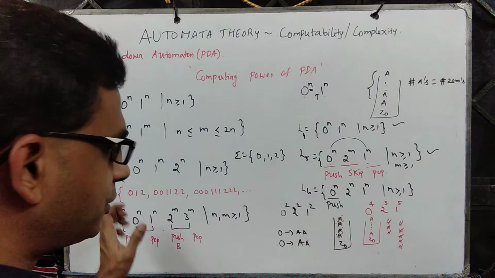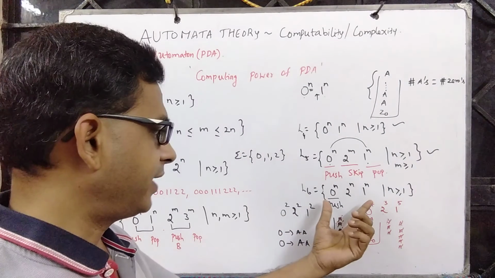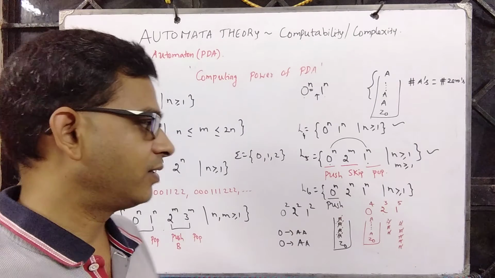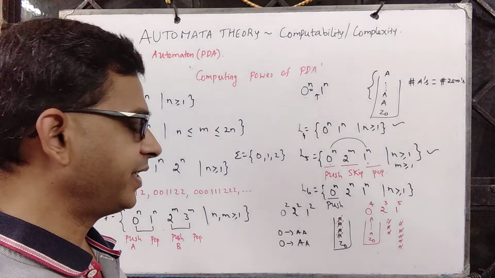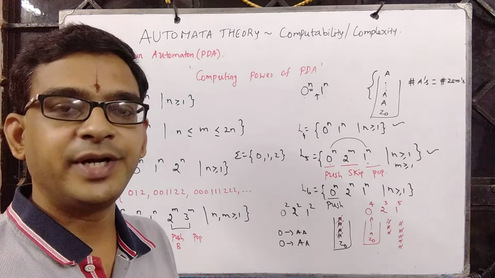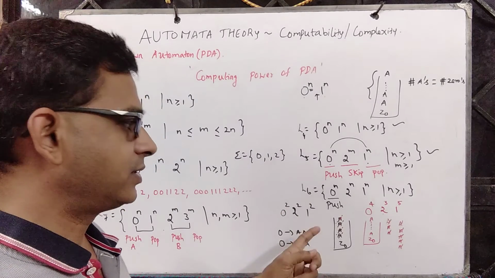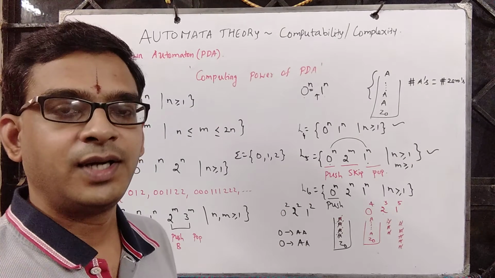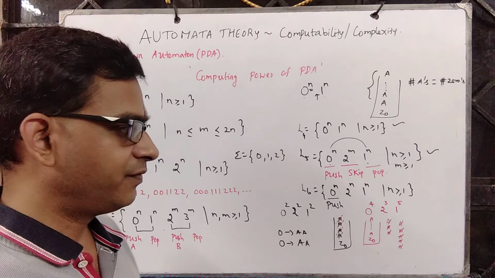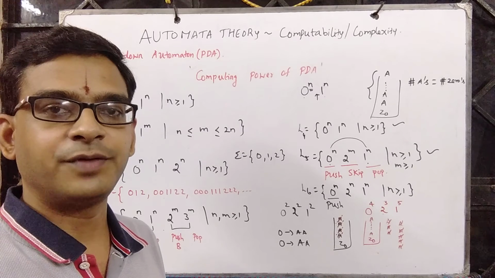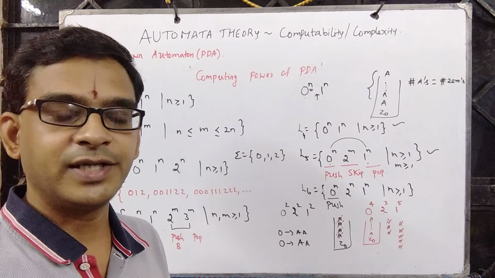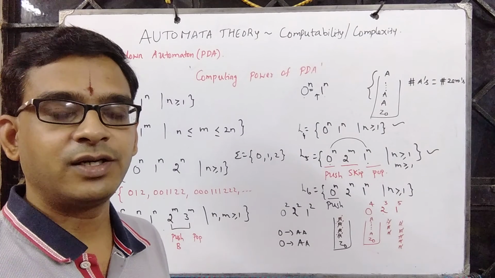But a pair is okay, but the moment you have a triplet and all of them are of the same cardinality, then one cannot come up with a PDA. And now we will see what modification one can bring in so that a language like this can be accepted. And there are some more. We shall investigate all of them so that we get to understand the limitations of PDA, and with that we shall see what kind of variation one can bring into the design of pushdown automata.